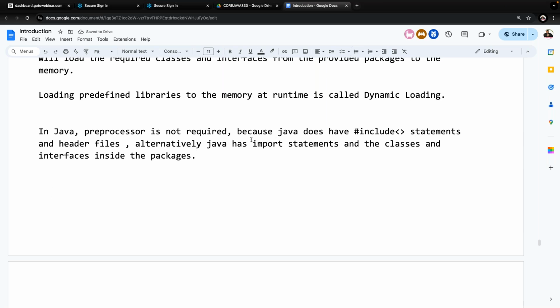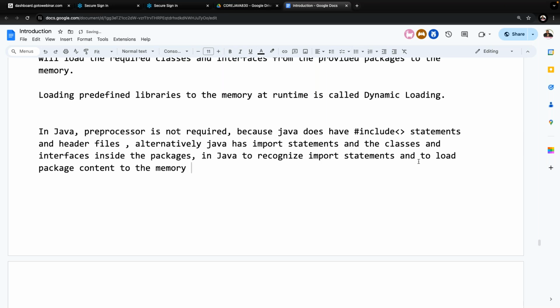In Java, a preprocessor is not required. Why? Because Java doesn't have hash include statements and header files. Alternatively, Java has import statements. For the hash include statement, what is available? Import statements and the classes and interfaces inside the packages. And moreover, in Java, to recognize import statements and to load package content to the memory,